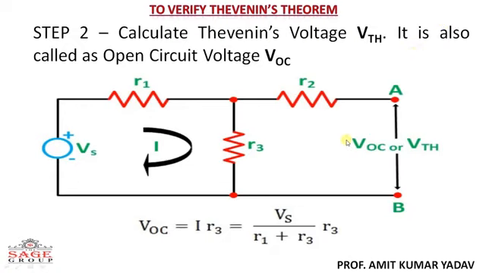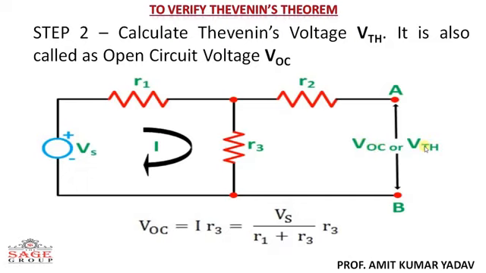In this part we are going to discuss how we can calculate that. Okay, so for calculating the voltage, what do you have to do? You have to first disconnect the load terminal. Look here, you have already disconnected the load terminal. Now the voltage across this load terminal is called VOC. What is VOC? This VOC is your open circuit voltage. Now this VOC is also called VTH. VTH is your Thevenin voltage.